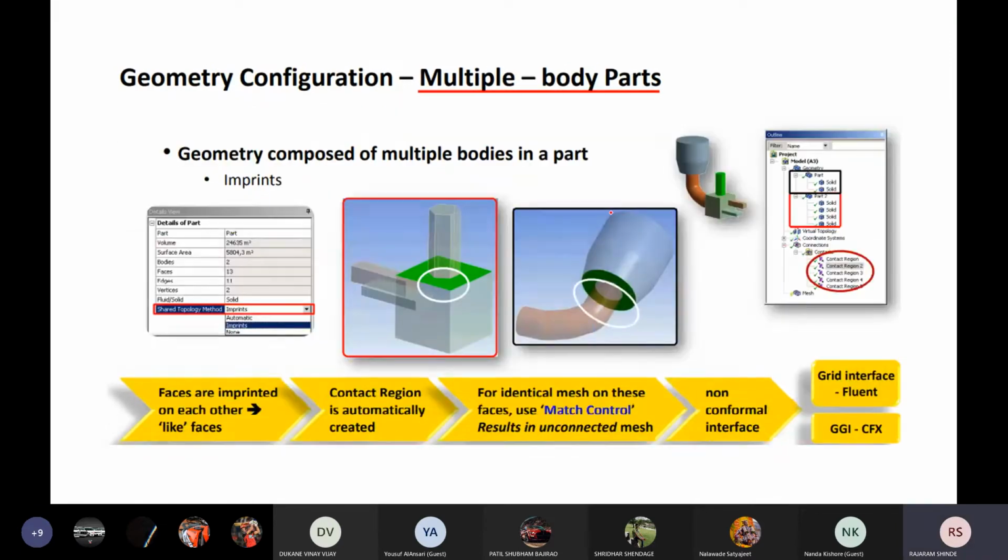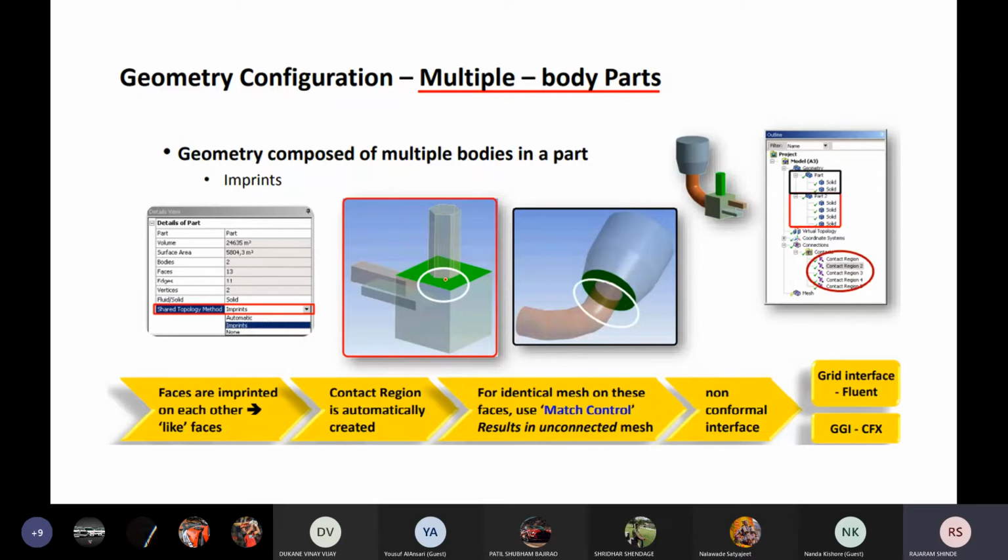Now this is a geometry configuration, again multi-body parts. The geometry is composed of multiple bodies in a part, and that will imprint the surface, that is, faces are imprinted on each other. That means the faces are separated. If you see this part, this is the hexagonal part, or cubical part, there is a common surface.